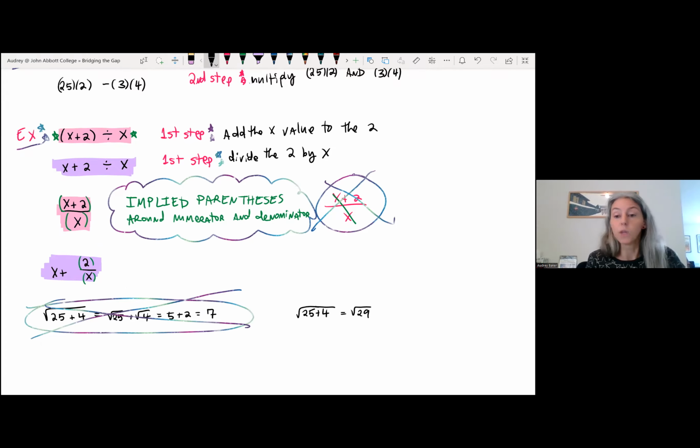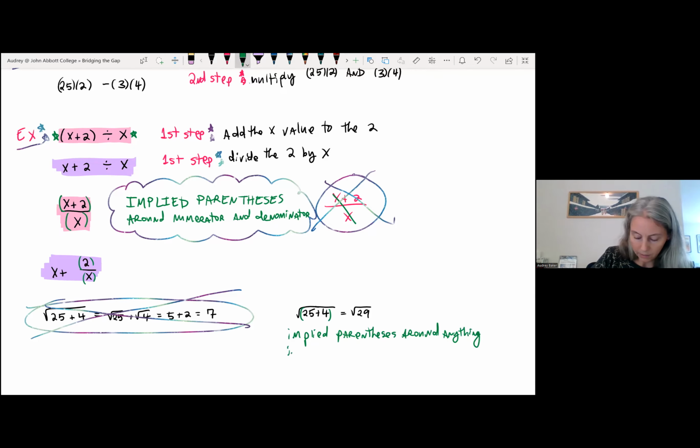What told me to do that addition first? The fact that that radical is there, or the root. Those roots act in the same way as parentheses. So anytime you have a root, you have to think of it in the same way you think of parentheses. In other words, it's like there are implied parentheses around anything inside of a root. So this idea of implied parentheses is super important because without it, you make small mistakes